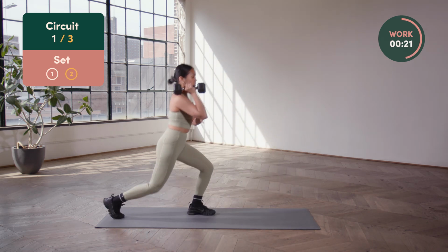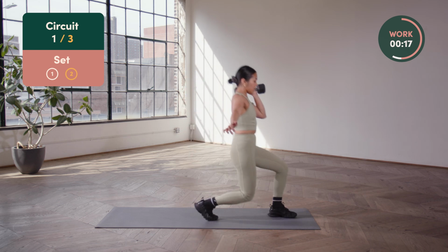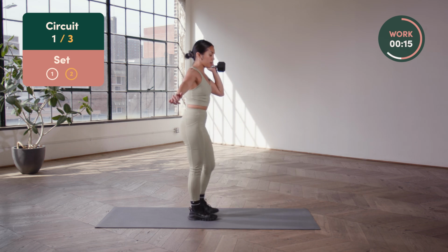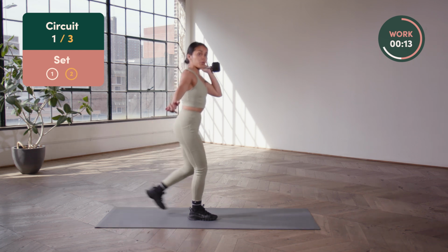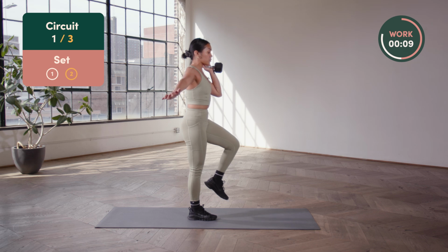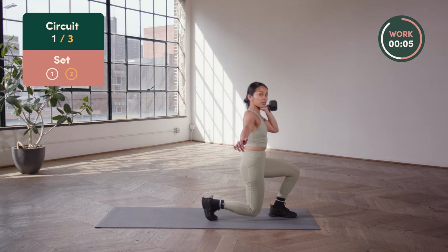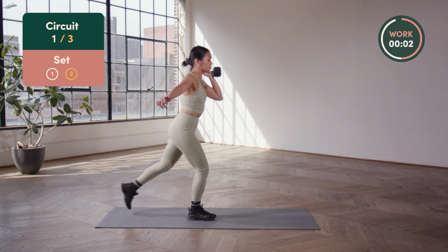Great, 1 more reverse lunge. And then we go ahead and switch the side that the bell is on, and we switch the leg that's stepping forward and stepping back. If you want a little bit more of a challenge, you can also try to find your stability first before stepping back. So instead of tapping the toe in between, wherever you're at today, take that variation here for 3,